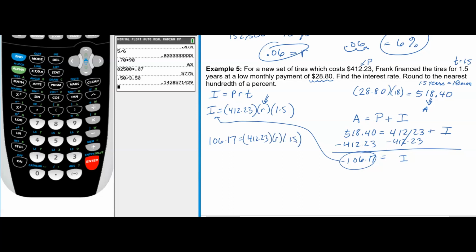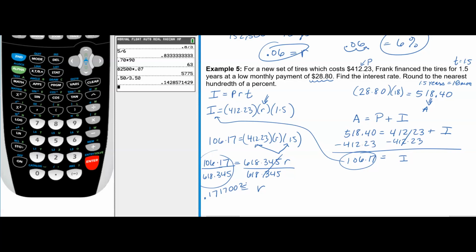Now it becomes a problem that's very similar to what we did above. I'm going to take these two numbers and multiply them. So I get 618.345 R equals 106.17. Then you're always going to divide both sides, when you have an equation like this, by the number in front of the variable, because you want the variable to be by itself. When you take a number and divide it by itself, you end up getting 1. That's why we say it essentially just goes away, because 1 times any number is just itself. So if you divide 106.17 by 618.345, you end up getting